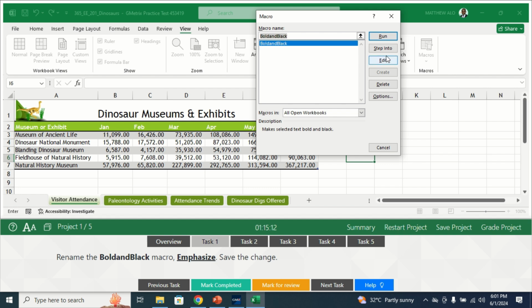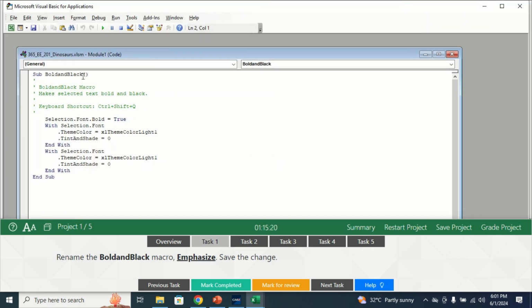Then right here in the Macro dialog box, select Edit. So carefully delete the bold and black here and replace it with